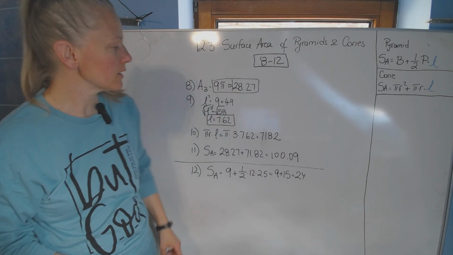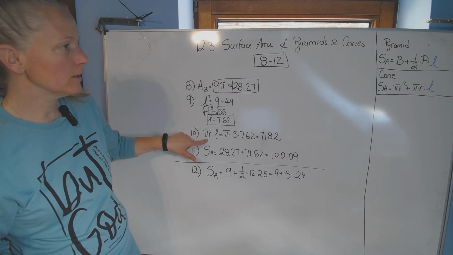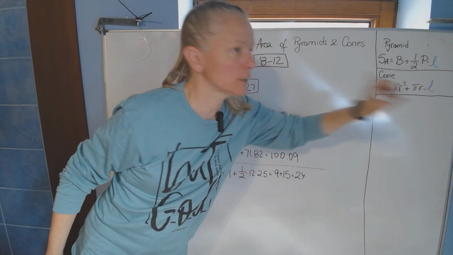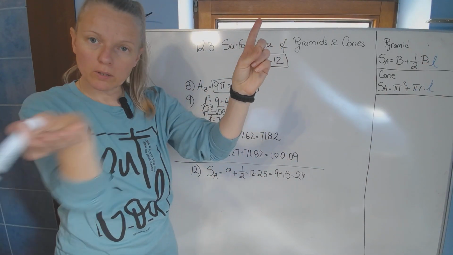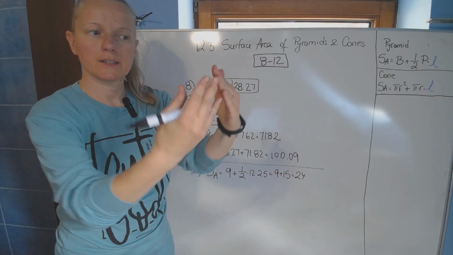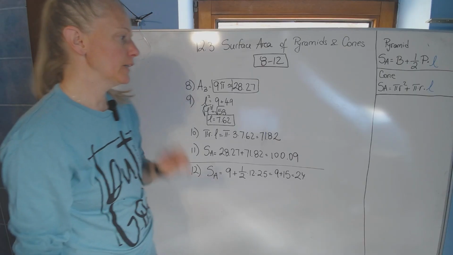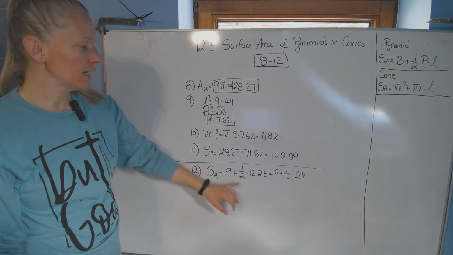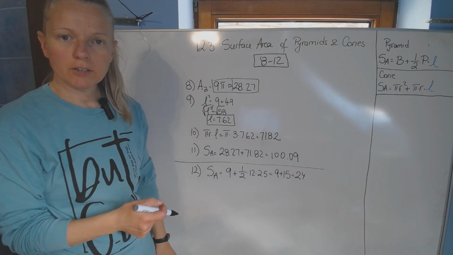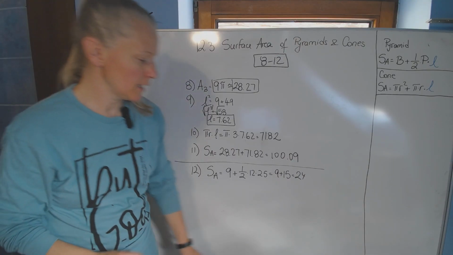You can just plug it in there. But this is what 10 was. The lateral area is just that second part, just the round of the cone without the base. Basically, we're adding the base, which is a circle, plus that little cone that we're putting on it. Okay. And then on 12, they kind of gave you everything you needed. All you had to do is plug it in and get 24. Pause it if you need to, make sure all the answers are right, and then we're going to move on